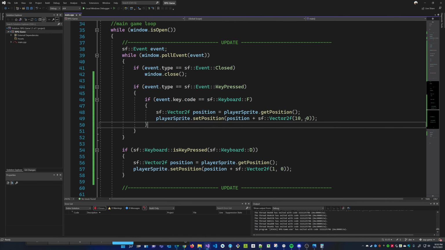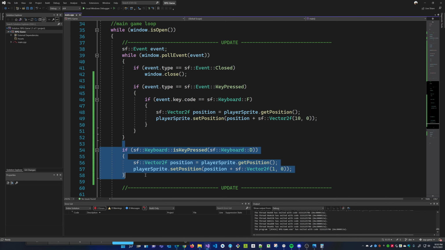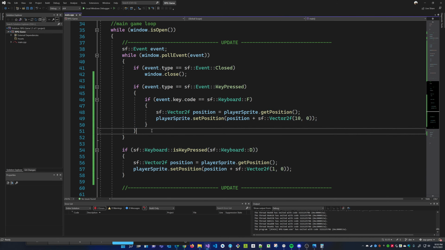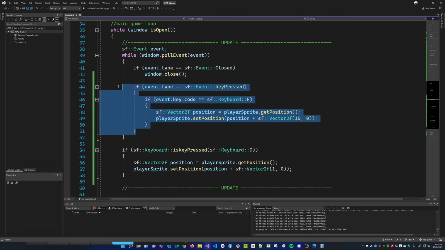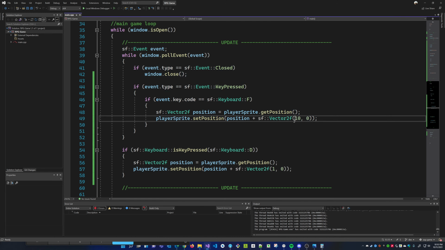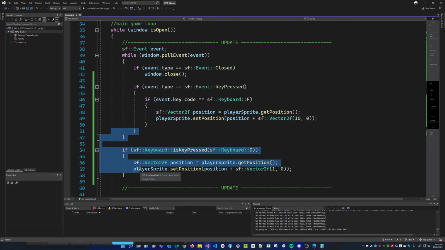The point that I want to mention here is that the reason I have to move 10 pixels and it's slow, and 1 pixel here and it's super fast, is because we're only checking this event loop every, let's say, 25 milliseconds. So we check, we move 10 pixels, and then we pause for 25 milliseconds. Where this is like go, go, go, every single frame, as fast as possible.